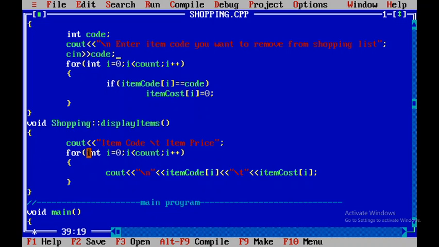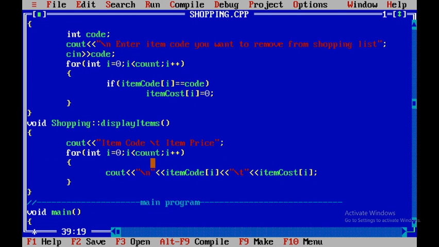Then for int i equals 0, i less than count, i plus plus, this is my for loop, and in this for loop we are just going to display the values of atom code of i and atom cost of i.